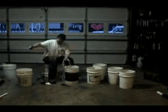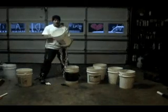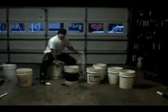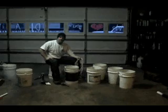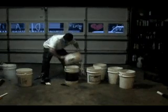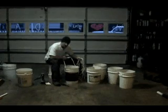And as you can see, I have plenty of them. You can use these things for practically anything. I've taken this one and nailed a piece of wood to the bottom of it, and I can use it for a seat. I've been known to ride a dirt bike, and I use it as a dirt bike prop to sit my bike up on, since I don't have a kickstand on it. Of course, you can turn them upside down and store your tools in there. Tons of different uses for these 5-gallon buckets, but for this purpose, we are going to use them for our